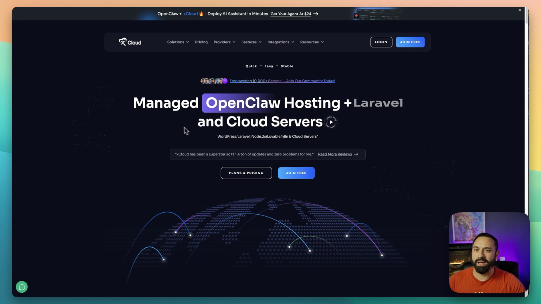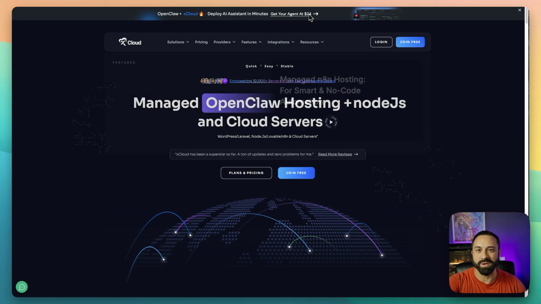So what's super cool about this is they literally just launched their OpenClaw plus XCloud. So if you're in the AI space and all this craziness that's going on, OpenClaw is basically like an AI agent bot that runs on its own server and does its own thing. So you kind of want to keep it tight. You don't want it to go run loose everywhere. So you can actually deploy OpenClaw with an xCloud server, and it says right here 24 bucks a month,